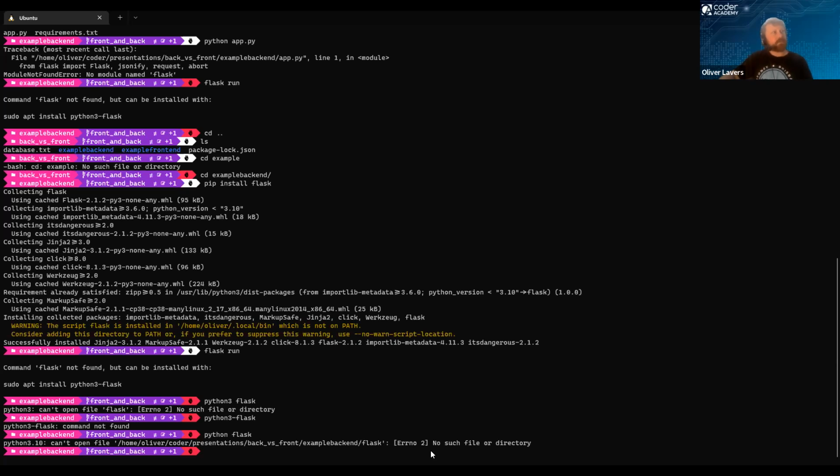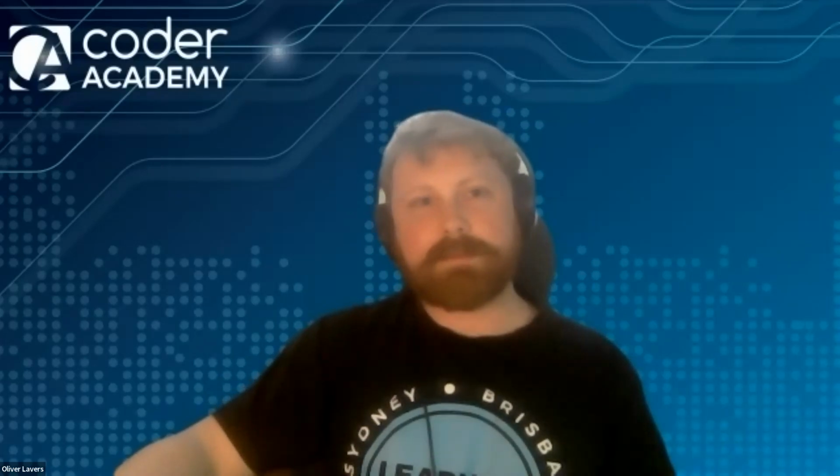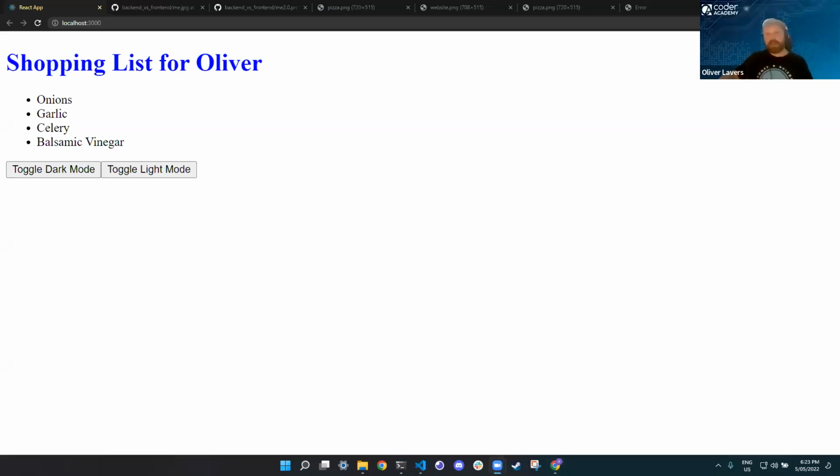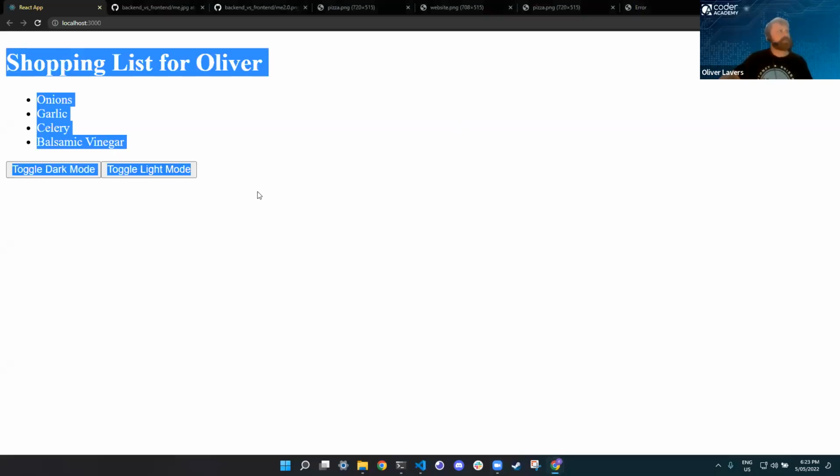I've got some very confusing looking code here, but the core of it isn't visible. The core of it is very similar, in fact, to the HTML that we wrote before. When it runs, it's going to load up on our browser, and it'll look something like this. Just like we had before. It'll be a shopping list website.